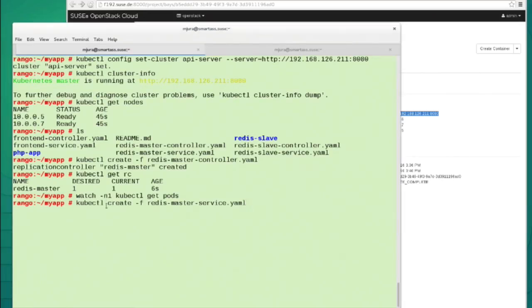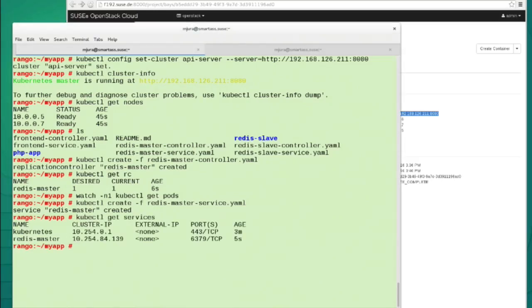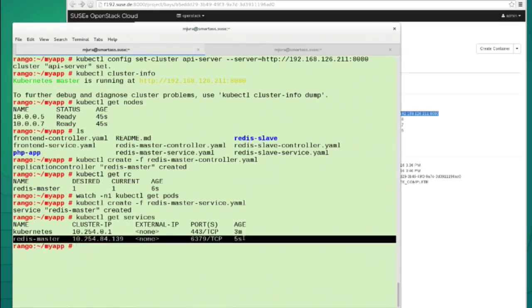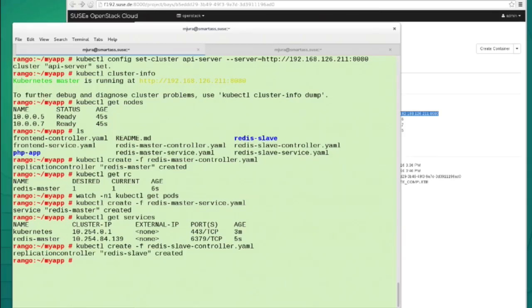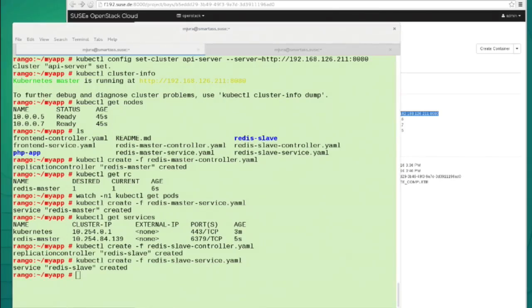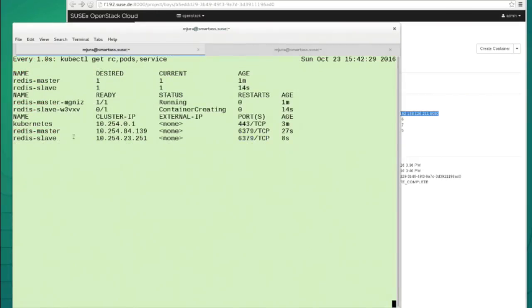Yeah, definitely. And then we create a service. The service is what Kubernetes uses to expose a daemon to all the pods inside of the cluster. Now the service is created, and we create a slave controller. So this is how we do HA with Redis, not real HA, but okay. We defined everything, and now Kubernetes is going to take care of creating all the required pods. You can see the pods on the top. Down there is the service output.